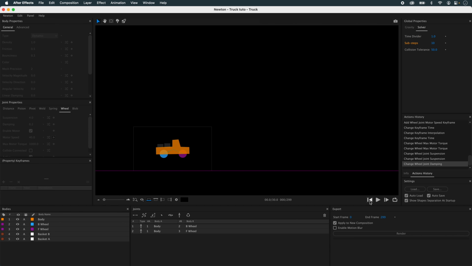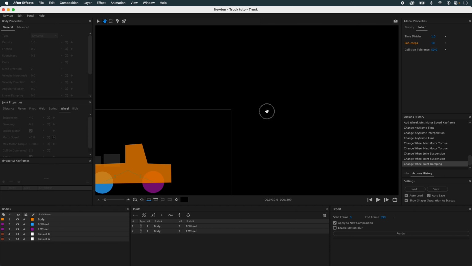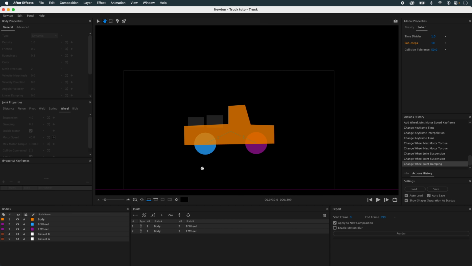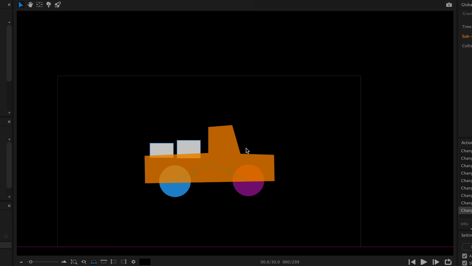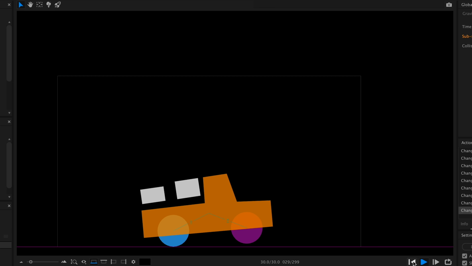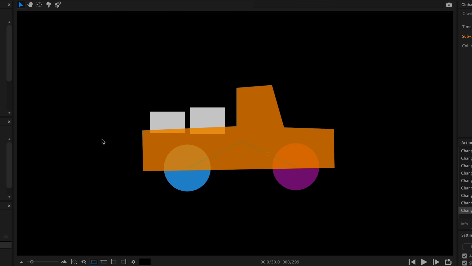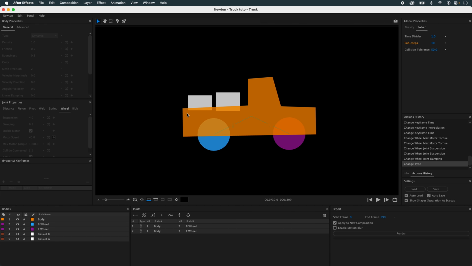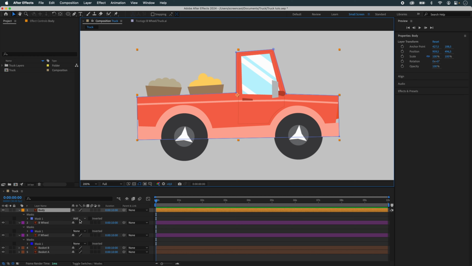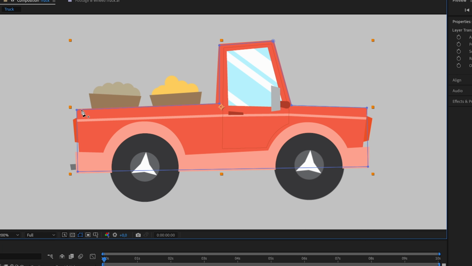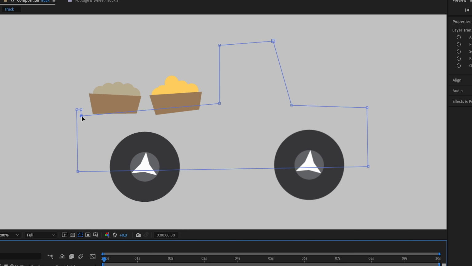So, the only thing missing from this simulation is that I don't have the baskets. So how do I use the baskets? If I put them back into dynamics, the problem is that they come out of the vehicle. So why do they leave the vehicle? Because they're stacked on top of each other. What we're going to do is create a mask and modify our mask so that our baskets are inside as if they were in the trunk. So it's very simple. I'm going to go back to After Effects, I'm going to put none, and then I'm going to modify my mask to create a trunk.